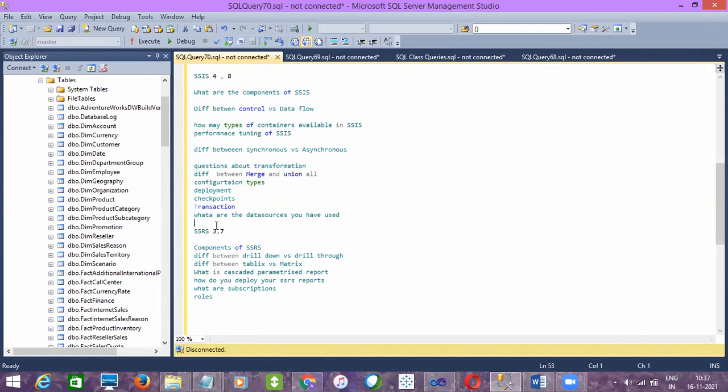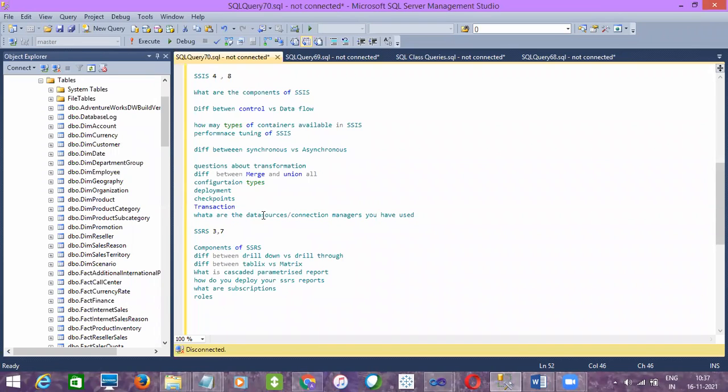Flat files, Excel, OLEDB source. What are the connection managers we have used in SSIS? Flat file, Excel, OLEDB.